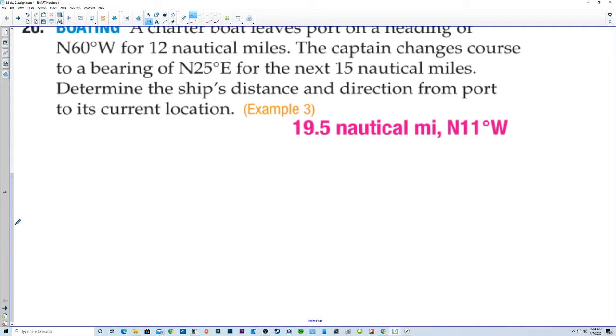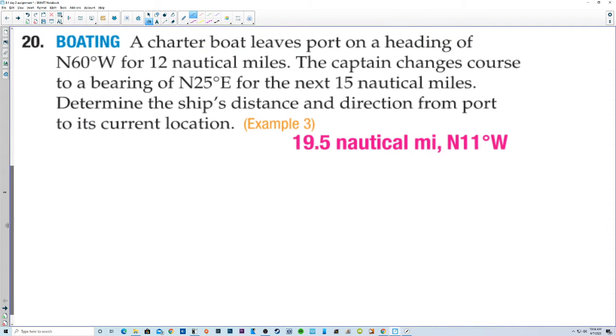Number 20, a charter boat leaves port on a heading of north 60 degrees west for 12 nautical miles. The captain changes course to a bearing of north 25 degrees east for the next 15 nautical miles. Determine the ship's distance and direction from port to its current location. So if we start the boat down here,